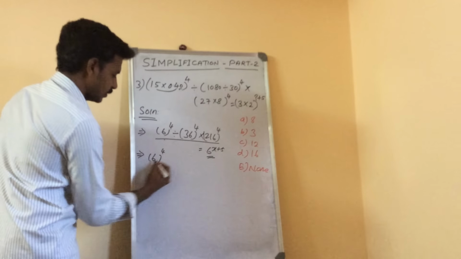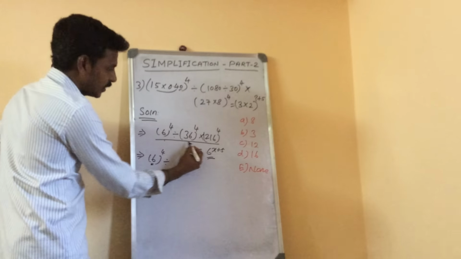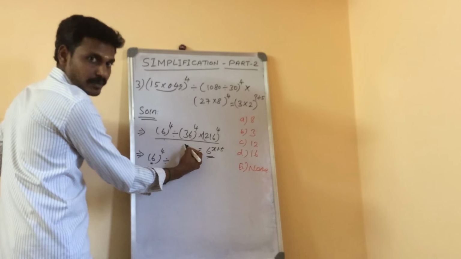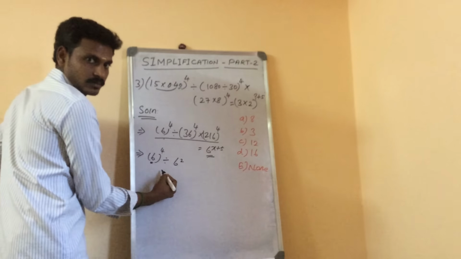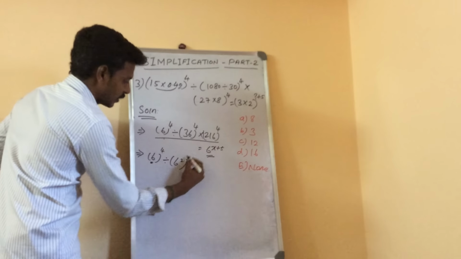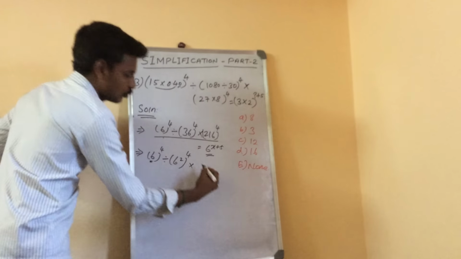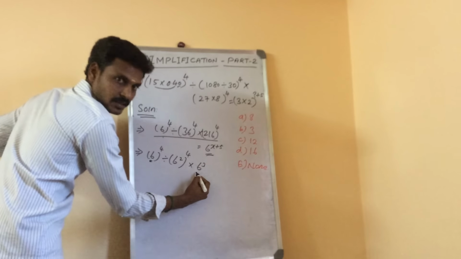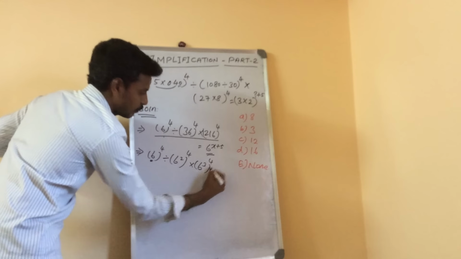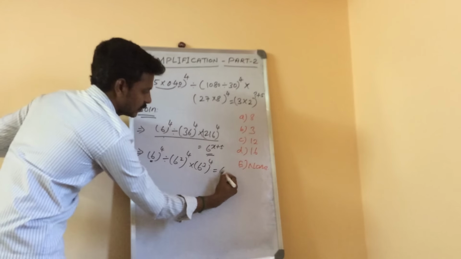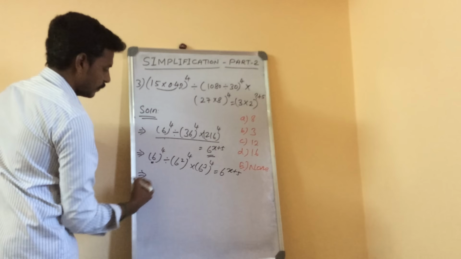6 power 4. Here will be the 6. So no worry about this one. Divided by 36. So we need to conclude 6 power, right? So we can take this 36 as 6 power 2, and the 4 as it is, 4. Okay. Into 216. So we can take 6 power 3, right? 216. So 6 power 3 is 216, right? 4 power 4 as it is equals 6 power x plus 5. Third step.